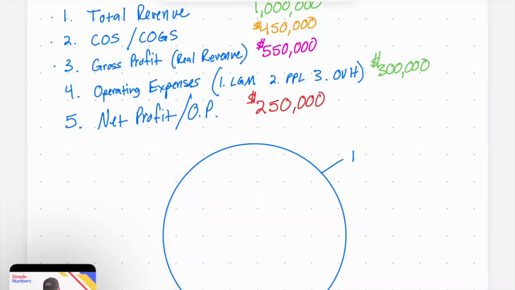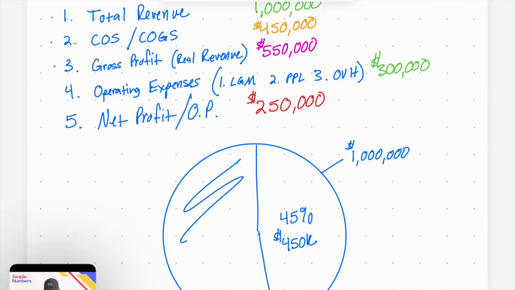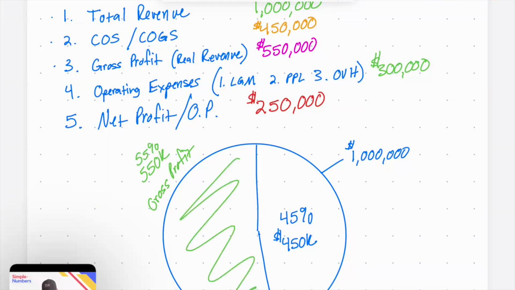The pie would be our total revenue, $1 million. Then we need to break out our costs of goods sold, which in this example was $450,000, or 45% of the pie. That left us then with the remainder of the pie, which was our gross profit, and that was 55%, or $550,000. Now, with that piece, that gross profit, we still need to pay our operating expenses. And so when we look at that number, it was $300,000, or 30% in